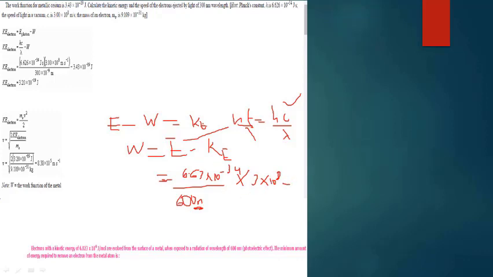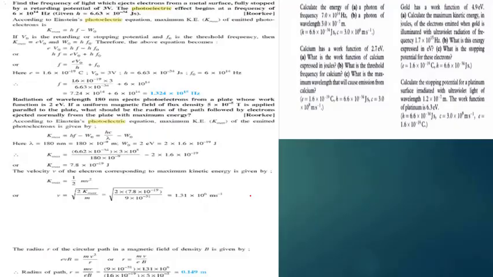So we have the incident energy minus the kinetic energy ambayo umepewa ni 6.023 times 10 power 4. From there you can get your work function in terms of joules, sababu umetumia SI units. Simple like that. Na mifano mingi sana, ni ushindwe wewe tu. Mifano nao mingi sana. Okay, we have another example that find the frequency of light which ejects electrons from a